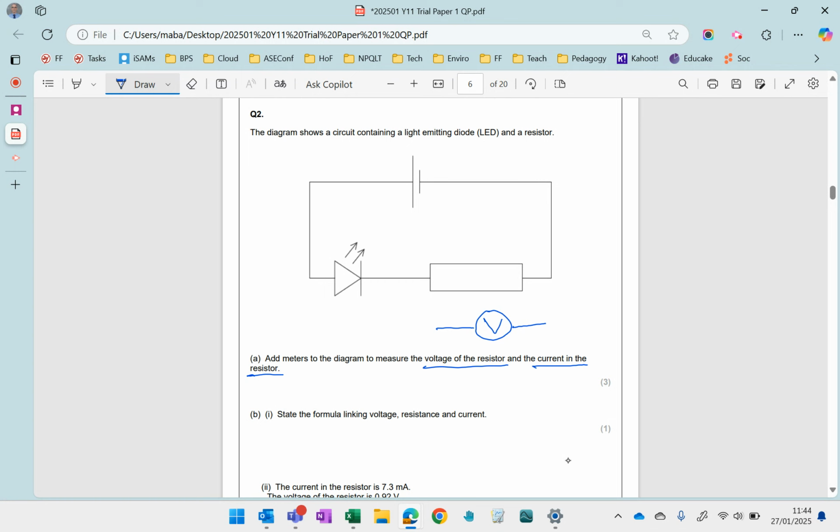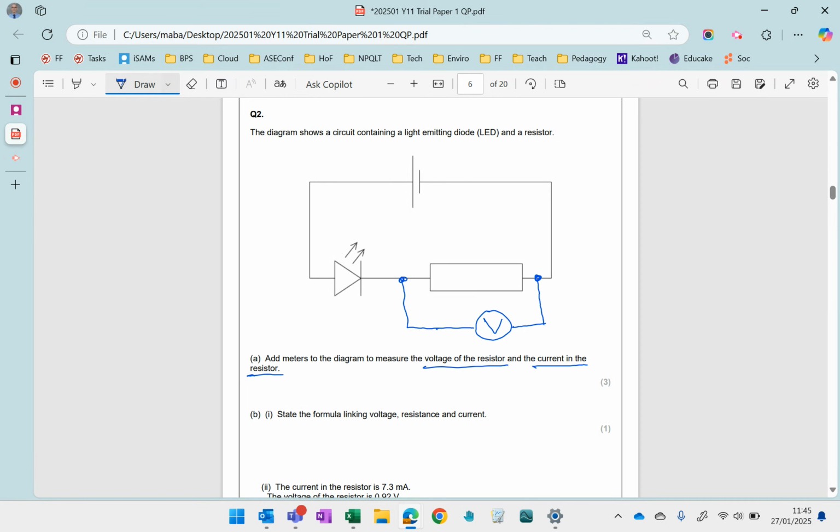And then because we're measuring it across the resistor, we need to connect it across one side of the resistor and the other side of the resistor. Careful with your lines here, they must touch. You can see there that my lines are touching, and that's important. If they're not touching the lines that have been drawn in the diagram, then you're not going to get